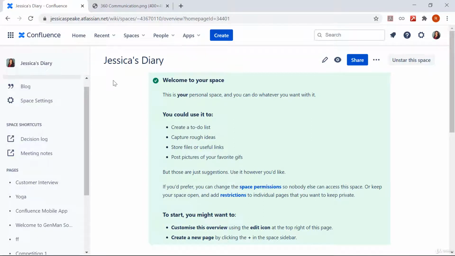So hope you got a sense of how you can leverage the existing templates which are there and make the most out of it. But that's not all. Confluence can over exceed your expectation. So Confluence also gives you the option to customize your templates or blueprints. And let's see how you can do that.